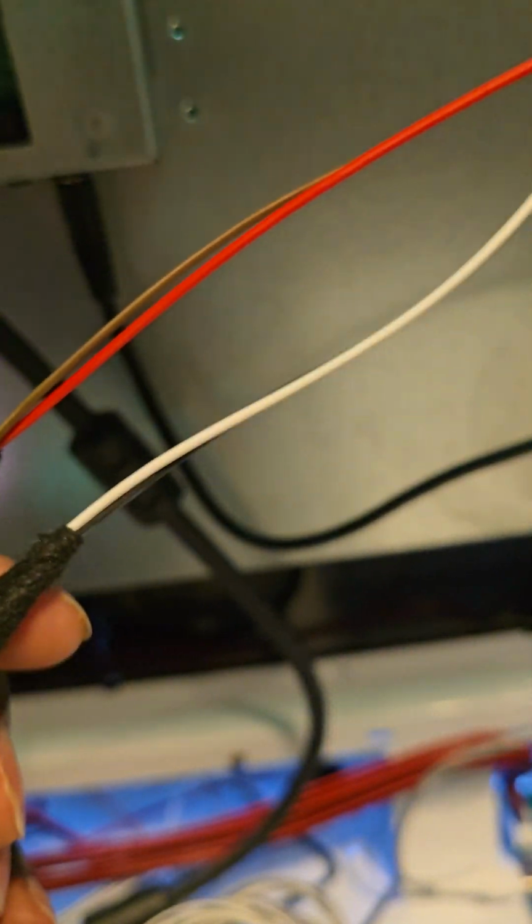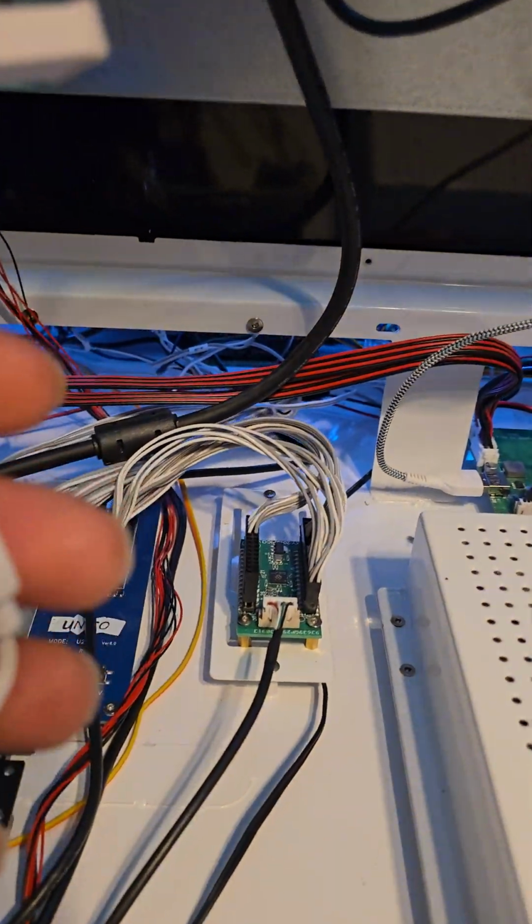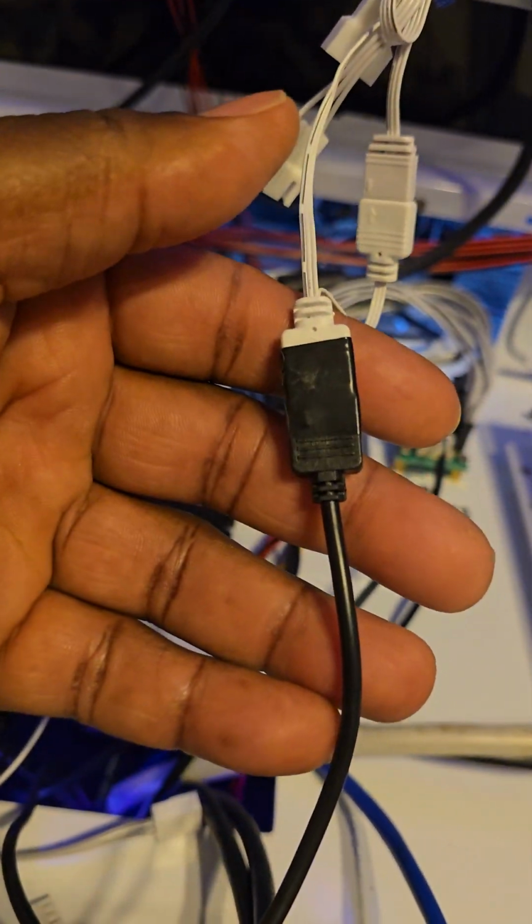Here's a couple of things I did on the back of this one. As you can see, these are the cables. What I did was I took the original cables that were plugged into the fans and just tethered them to the fans here. And the RGB, I've got an extension cable for the RGB plugged into the